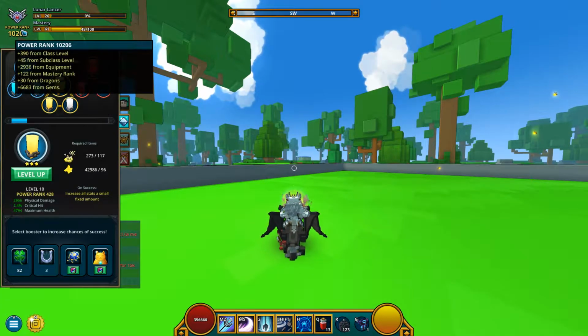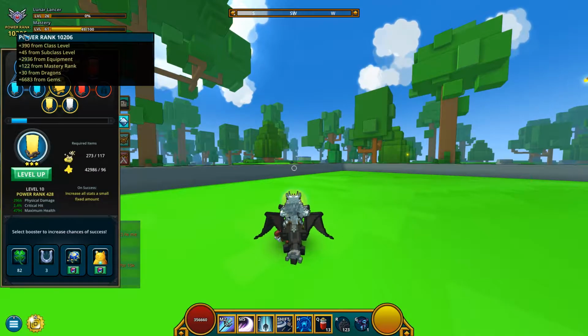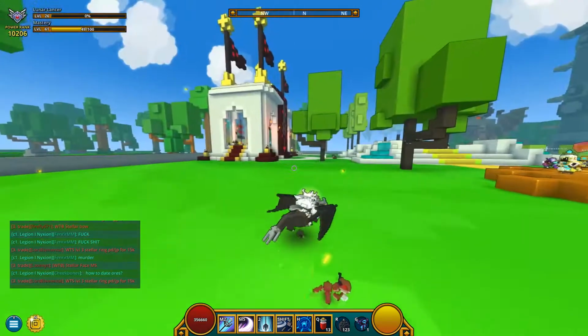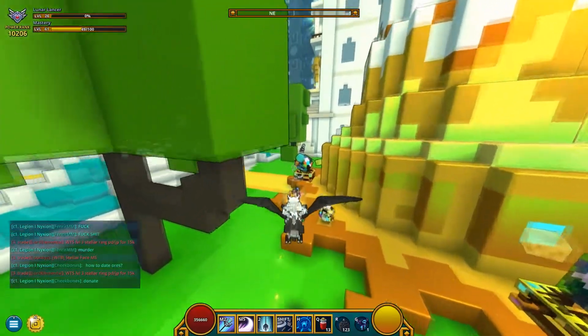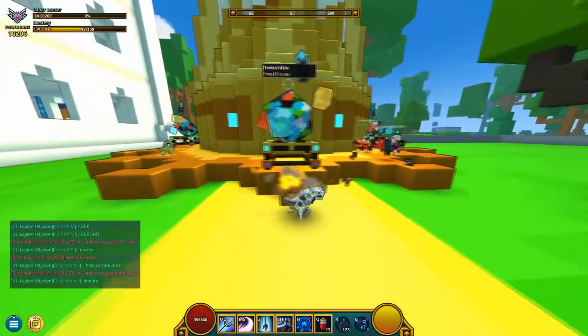But as you can see, I got 6,683 power rank from gems, just from gems alone. So you want to make sure you can get gems easily throughout. So just want to teleport to players. On Monday you'll probably get about 4 empowered gem boxes anyway if you're high up on the